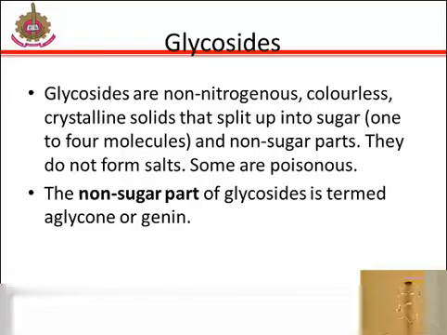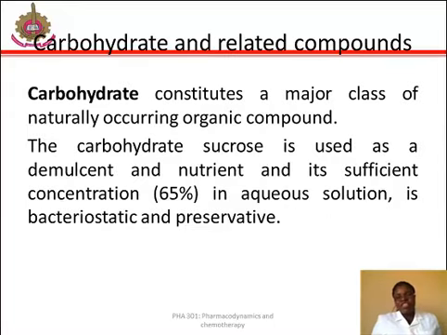Dextrose is used as an ingredient in many preparations such as dextrose in aqua and dextrose in saline. Dextrose is used as an ingredient of anticoagulants such as dextrose citrate sodium, citrate phosphate dextrose solution, and so on. These solutions are used for the storage of whole blood. And fructose is used for food for diabetic patients and may be of particular benefit in diabetic acidosis. A carbohydrate-related compound, alcohol, is also used as an antiseptic.